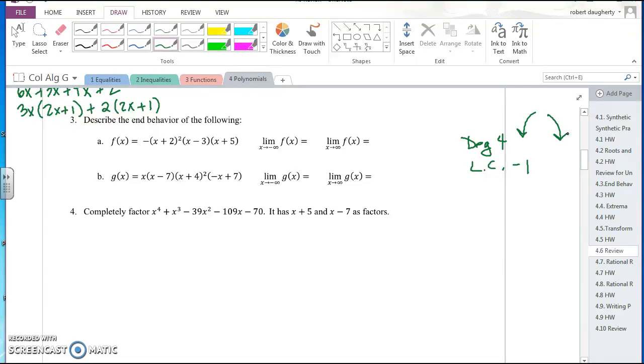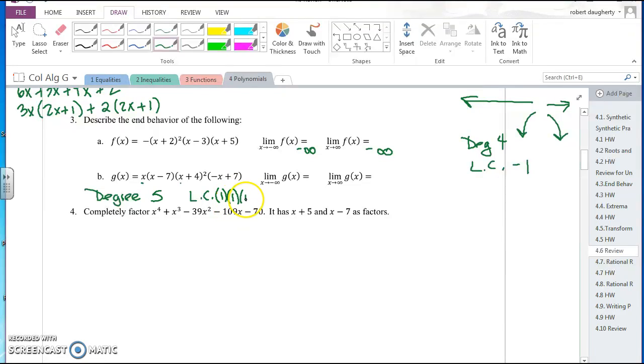So as my x values go to negative infinity, my y values go to negative infinity. And then as my x values go to positive infinity, the y values go to negative infinity, okay? So that's this one. If I look at the next one here, part B, the degree is going to be, I have 1, 2, 3, 4, 5. This is a fifth degree polynomial, and the leading coefficient is going to be a 1 for that first term,